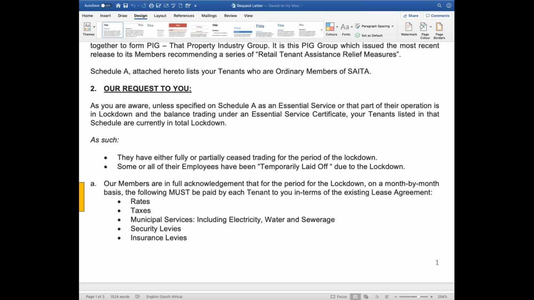However, and we make this point later on in the letter, all your landlord needs to do is knock on the municipality's door and they will get concessions. They'll either get a rates holiday, which means a discount to the rates that need to be paid, or they'll get deferment, which means that at a later stage after lockdown they will owe the money, but it can be paid over a period of time to be negotiated with the council, and most councils are very flexible in that regard. We make the point that the landlord needs to prove to us that they've made application to the council and needs to report to us on the response, because ultimately that's your shared risk.